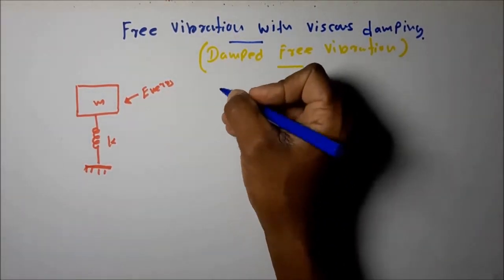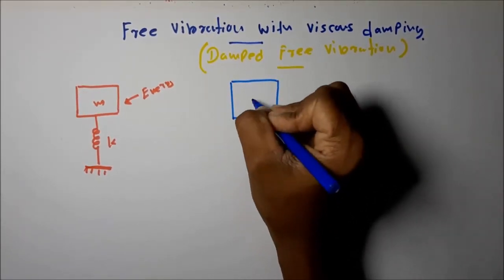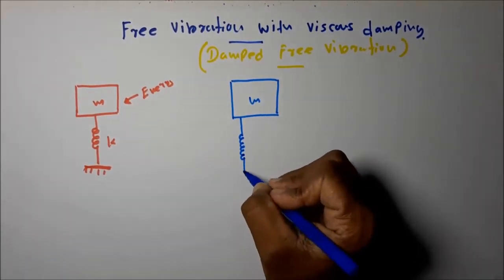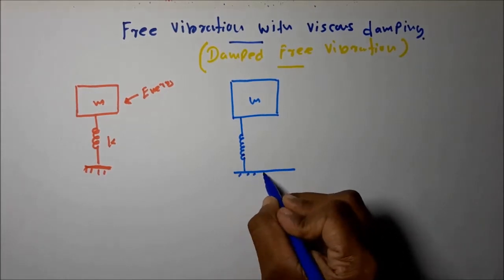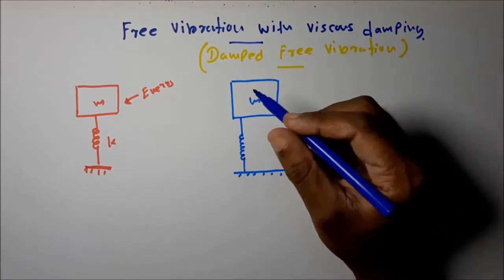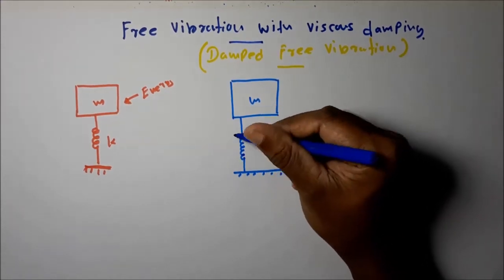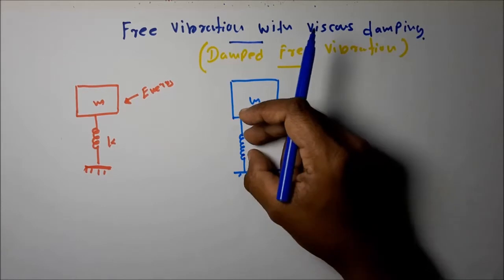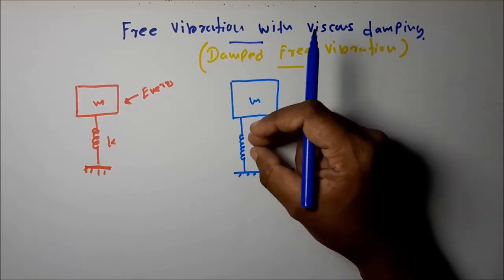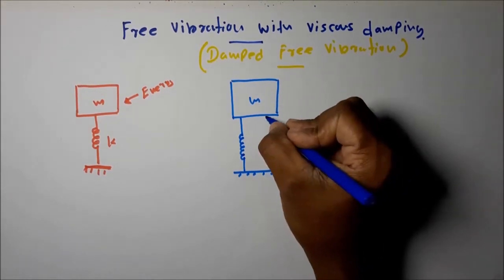That means you can represent the system like this. This is the mass. Actually, in the last class I explained that this vibration occurs due to the energy transferring between the potential energy and the kinetic energy. In most situations there should be a stiffness to store the potential energy, and there should be a mass to store the kinetic energy. In some situations the potential energy is stored in the body, or it may be stored in gravitational form, as gravitational potential energy.